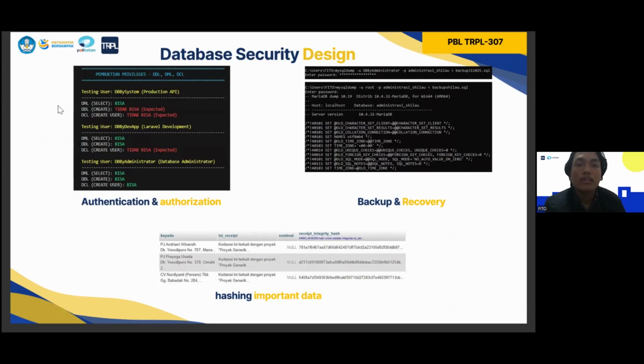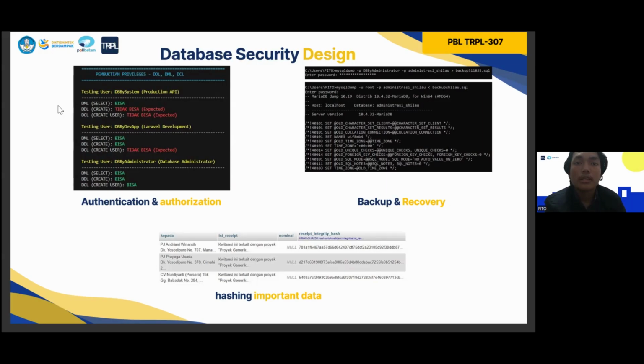In this slide, we focus on the database security design of the Silo system. The security implementation covers three main aspects. On the left, we can see the result of privilege testing for different database users. There are three roles. The first is DB by system for the production API.